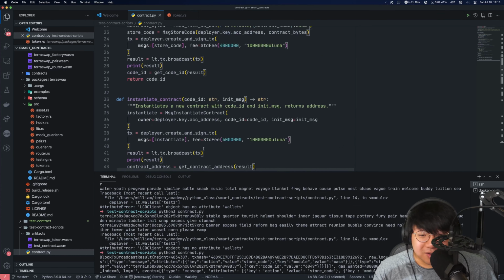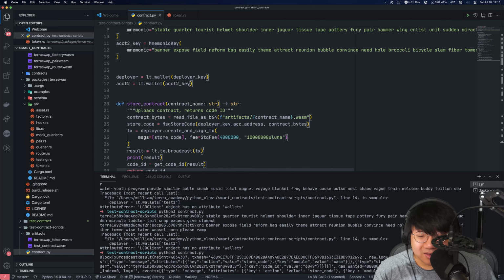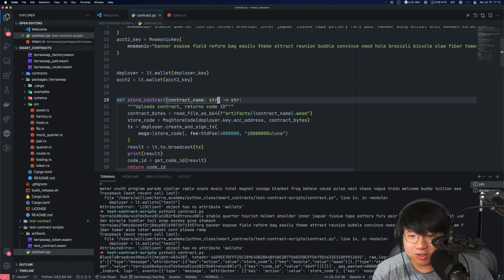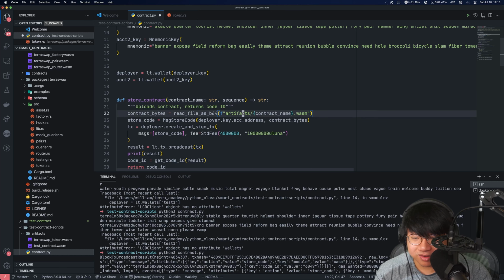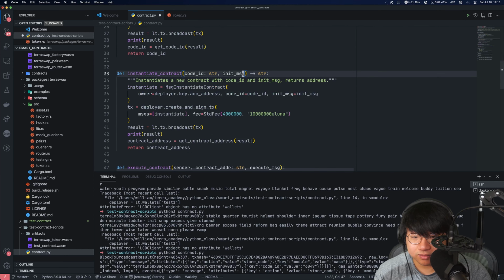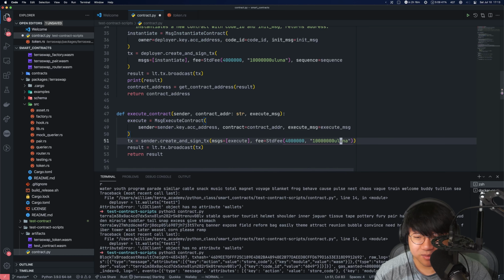Okay, so every time we do this, we have to update the counter. So we need to update the sequence because it's running too fast. Right, so we should be updating the sequence for each of them as sequence, and then we just put the sequence here. Sequence and account number.